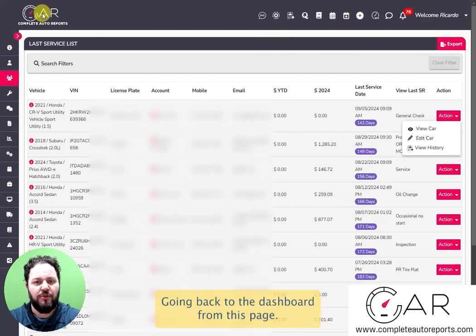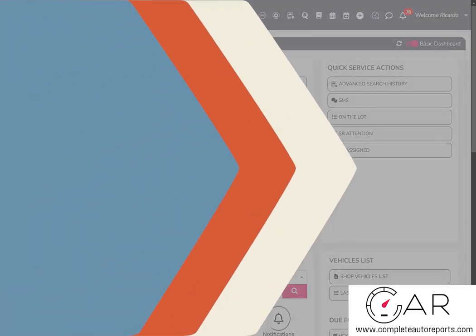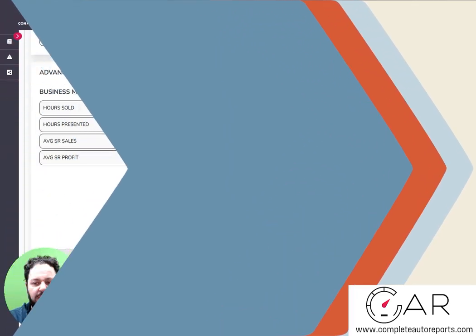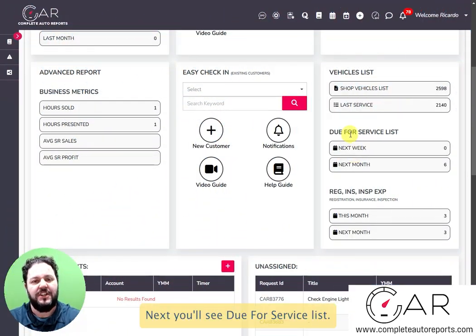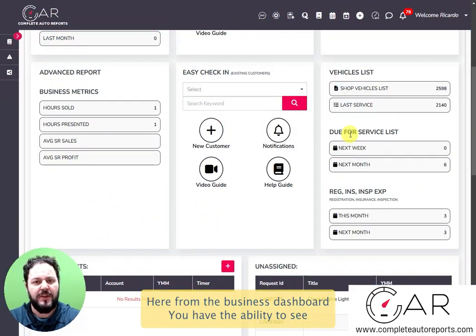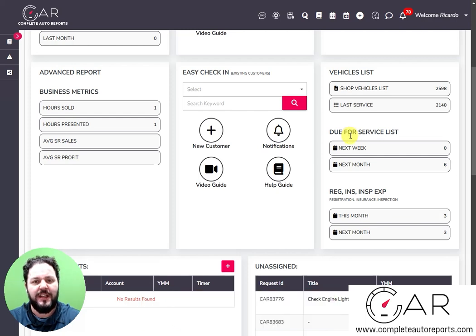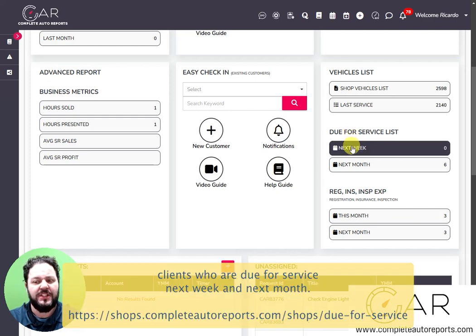Going back to the dashboard from this page, next you'll see due for service list. Here from the business dashboard, you have the ability to see clients who are due for service next week and